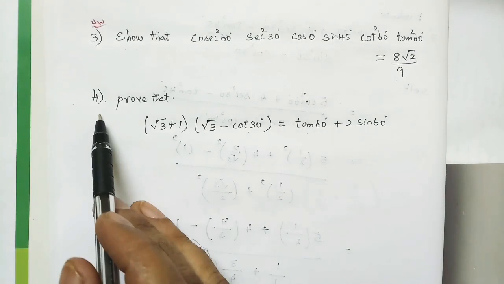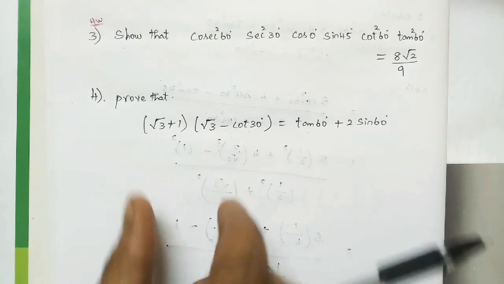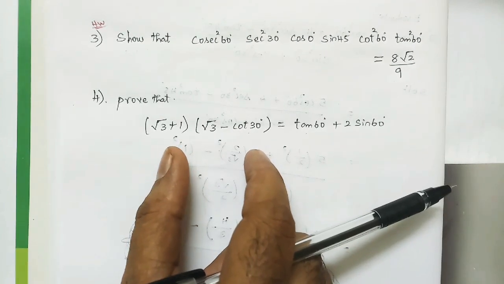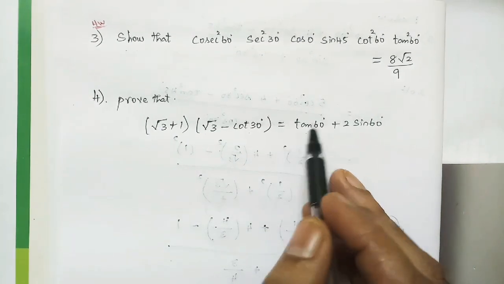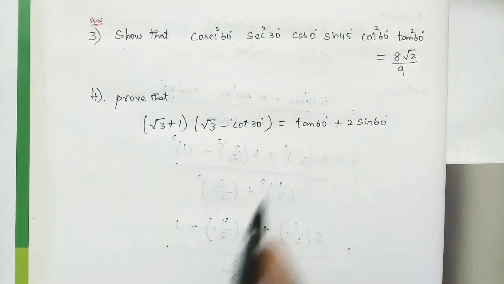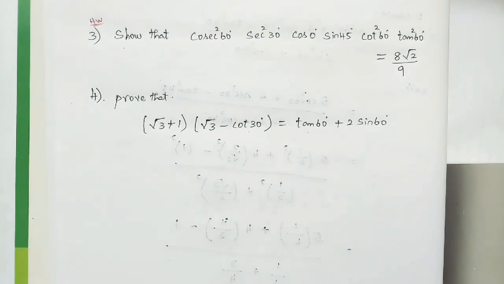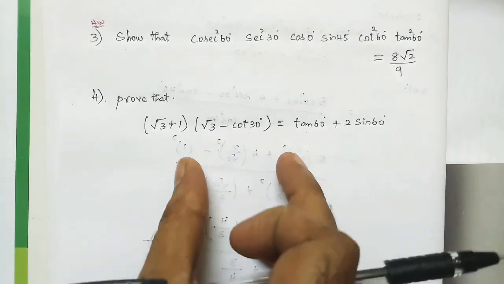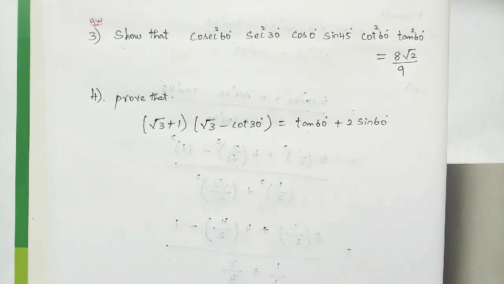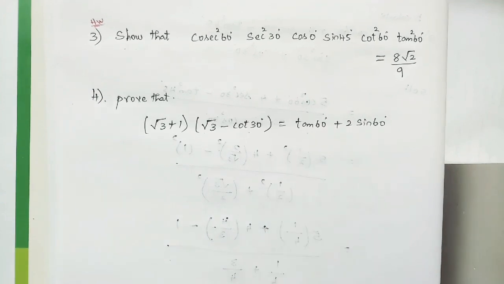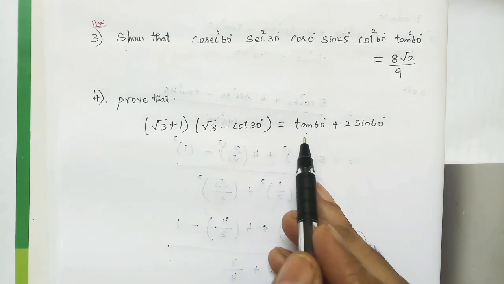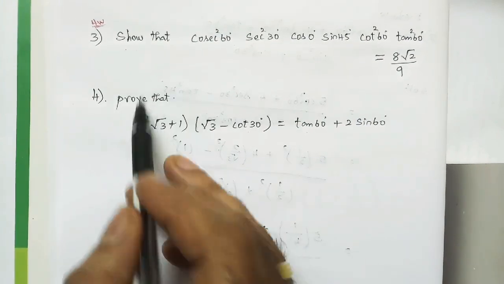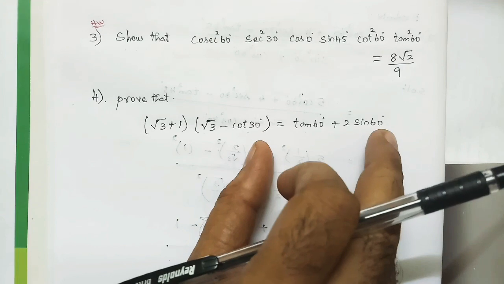But in sum number 4, we want to simplify the LHS, which is not a single term or single value. In the RHS also we have to simplify, as we have 2 terms. So we have to substitute and simplify. We take the LHS separately and simplify to find the final solution, and take the RHS separately and simplify, and both final values should be equal, because we have to prove that LHS is equal to RHS.